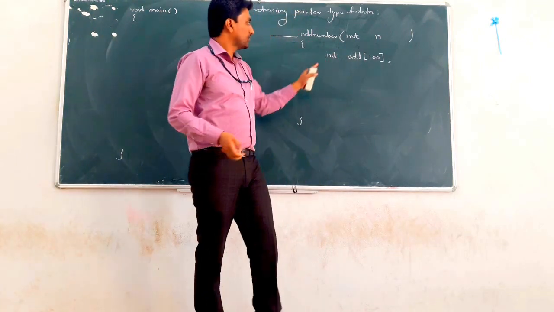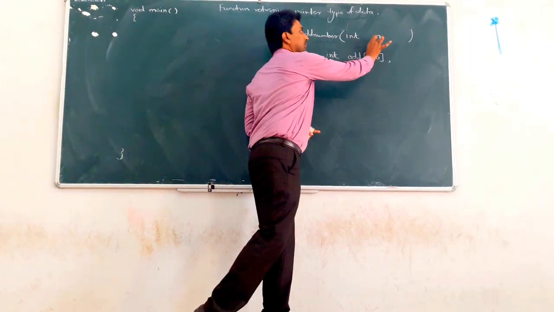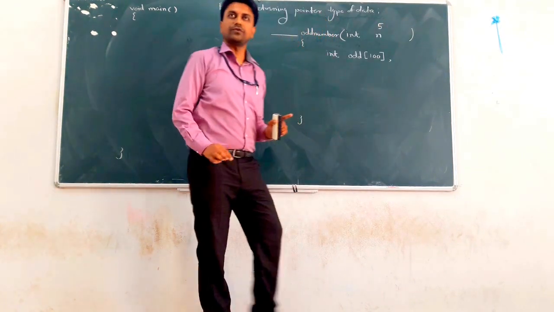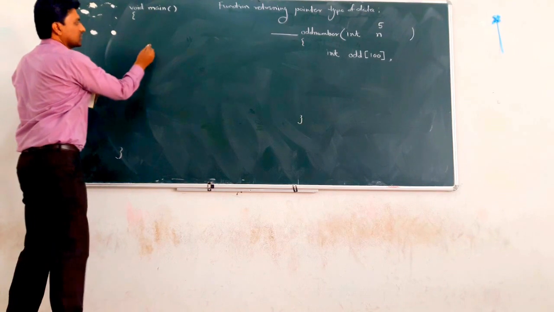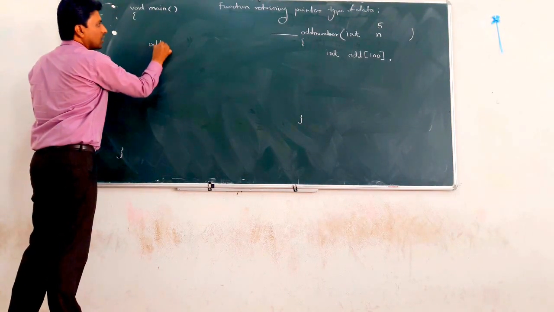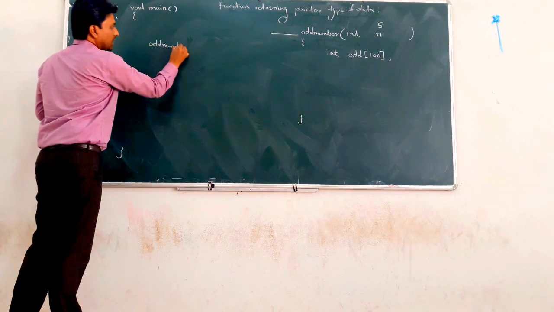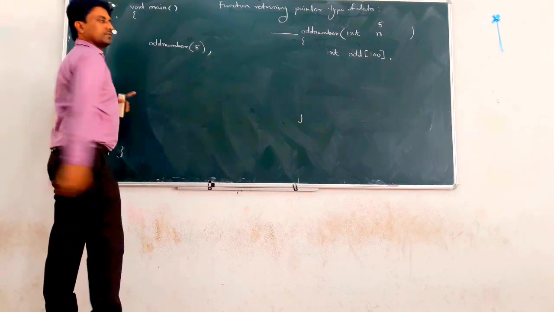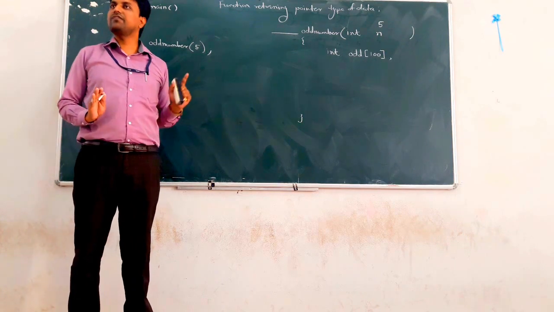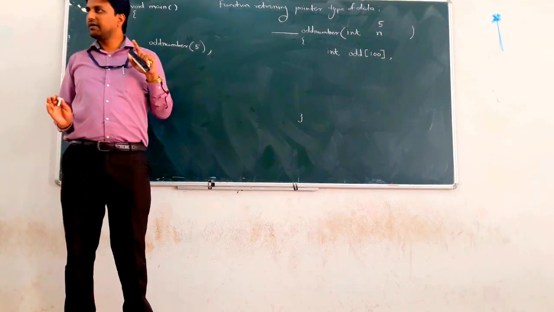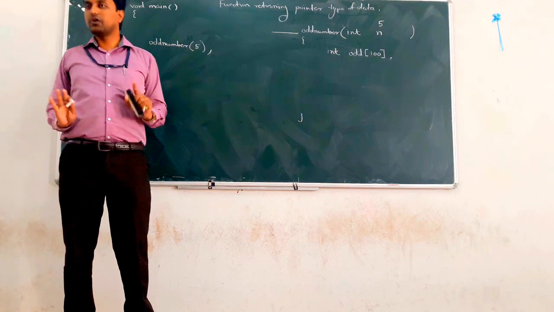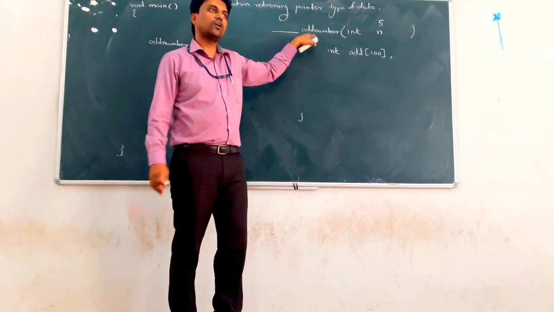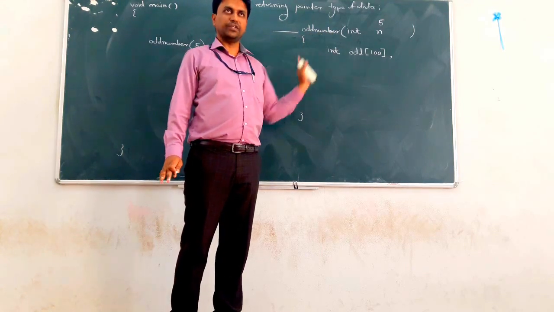For example, now what we want is till n numbers. Suppose the user wants odd numbers till 5. The user passes 5. Main function is the calling function. It calls the odd number function, saying I want the odd numbers till 5, and I will display all 5 odd numbers. Calculating the odd numbers is the duty of the odd number function.